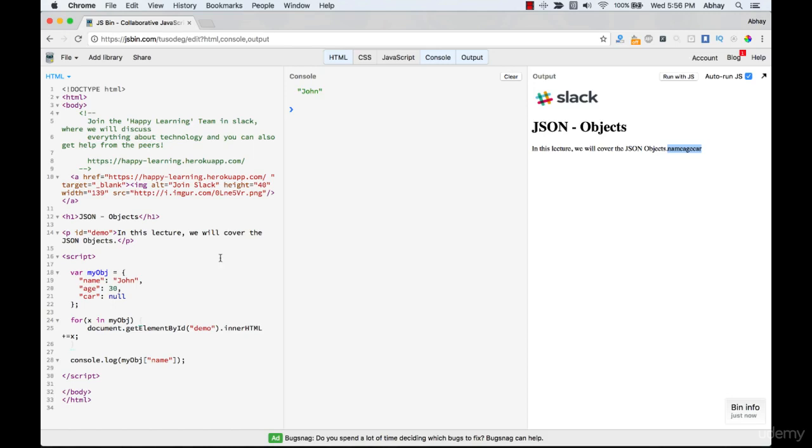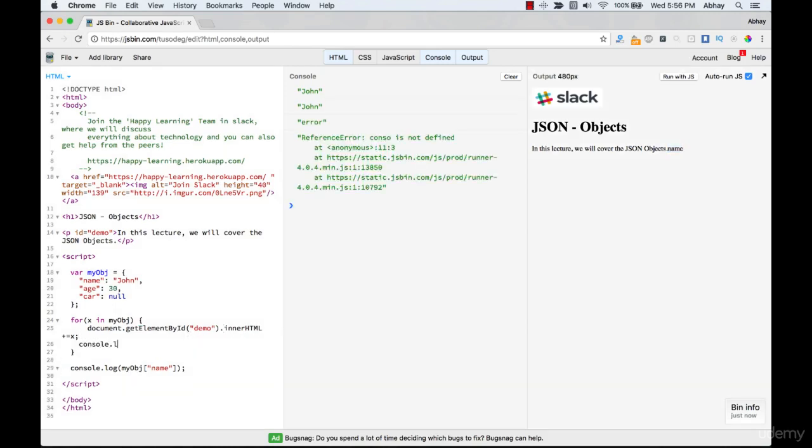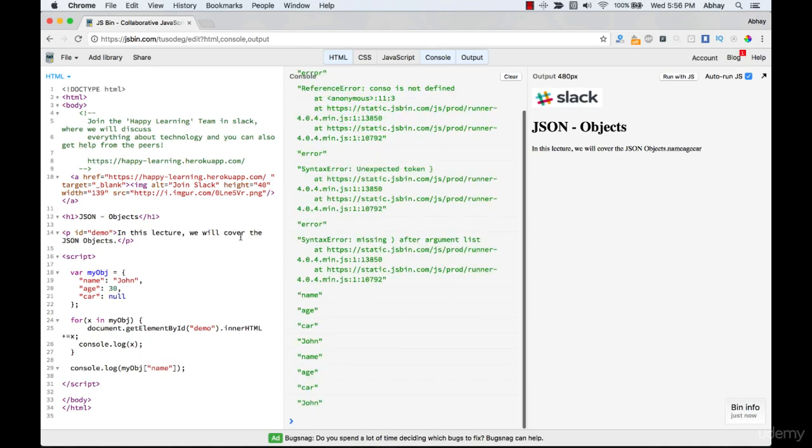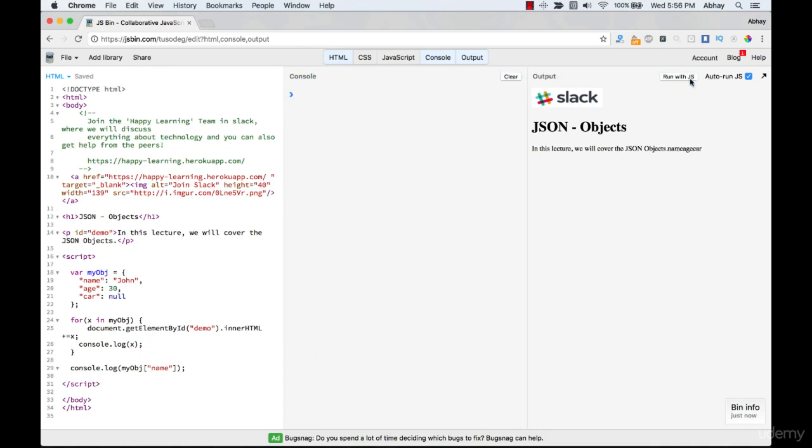The keys got printed. Again, this is not the best way of doing it. You can also do a console.log of the x value, so you can have multiple values printed onto the screen. Let's run with JS. You can see name, age, car got updated here, which was the innerHTML, and name, age, car of course got printed, and you were also printing the name, so the John got also printed onto the screen. So that's very easy to actually use this loop, so that you can loop through the entire object